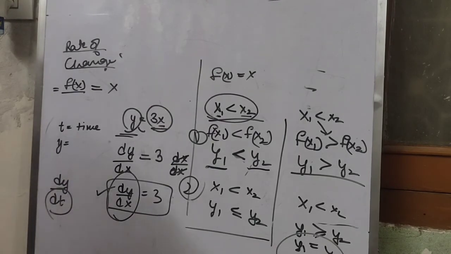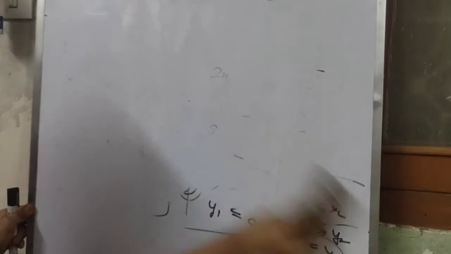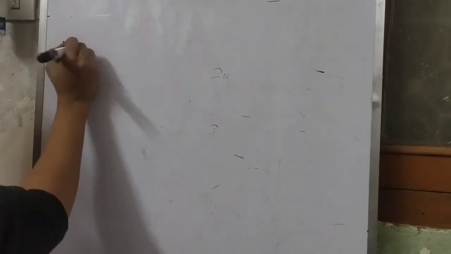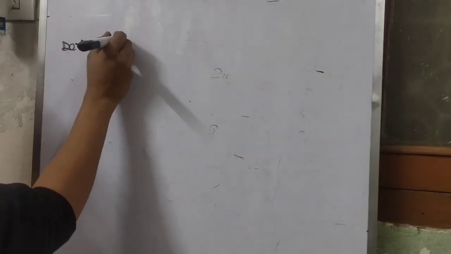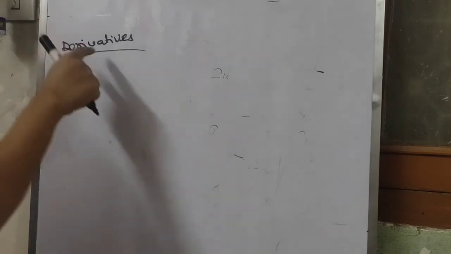So now taking up derivatives. Working with derivatives now. Now taking up the derivative test, how do we know that a function is increasing, decreasing, strictly increasing, strictly decreasing, or we have a point of inflection? Now I am using the point of inflection. Why? Because we are working with derivatives.